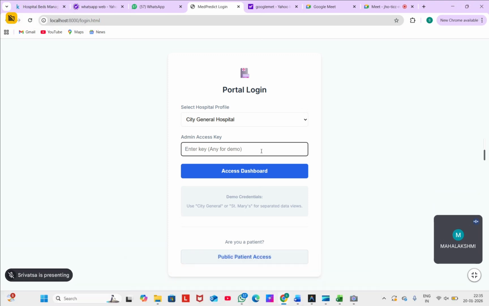The real-time bed tracking system prototype presents how hospitals can efficiently manage and monitor bed availability using real-time data and intelligent analysis. It is designed to provide instant visibility of bed occupancy across different departments, enabling hospital staff to make faster and informed decisions during patient admissions, especially in emergency situations. By integrating live data tracking and alert mechanisms, the prototype showcases a practical solution for improving hospital resource utilization